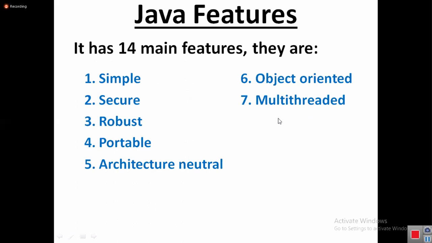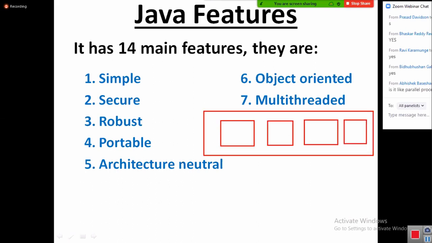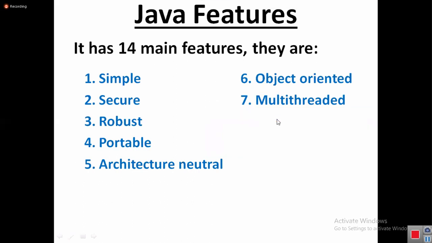At a time, can you watch a movie, download a new movie, type a program, and do some antivirus checking? All at a time in your system you can do all these tasks. According to the operating system, we call it multitasking. According to the JVM, according to the programming language, we call it multi-threading. So Java is a multi-threaded programming language.